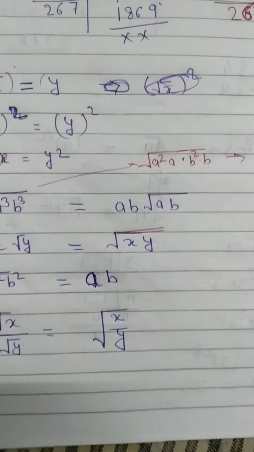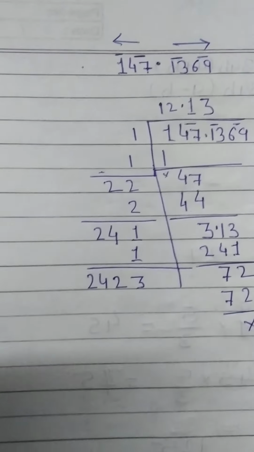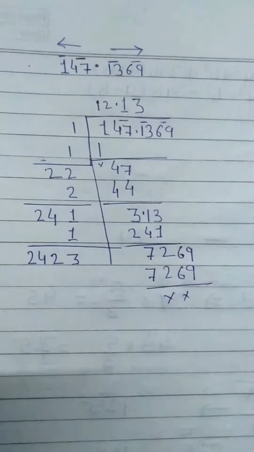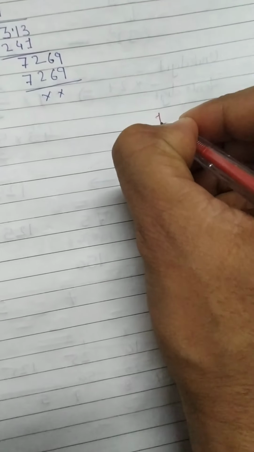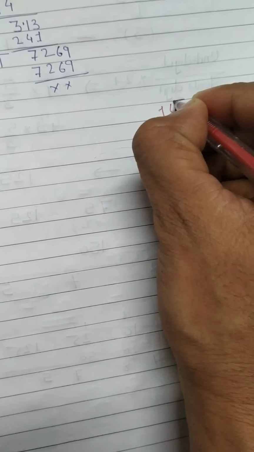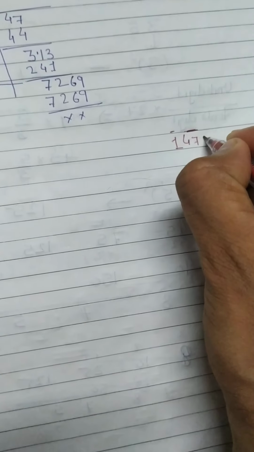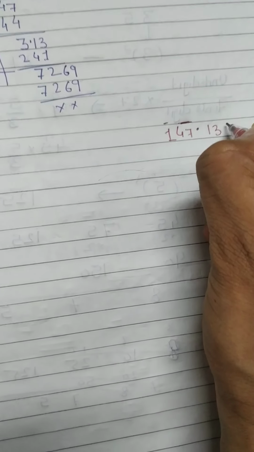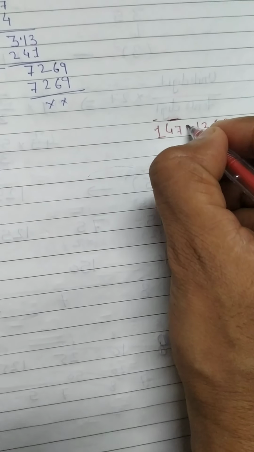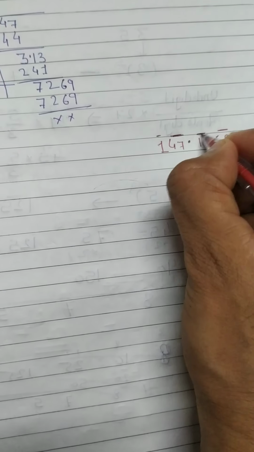Okay. Many examinations ask for the square root of decimals. Let's see an example. Suppose 147.1369. As you know, when there is no decimal, 14, so I will start to make pairs from the right hand side and left. If they are given after the decimal, what will we do? The part before the decimal will start from the right hand side, but the part after the decimal will start from the left hand side for making pairs.